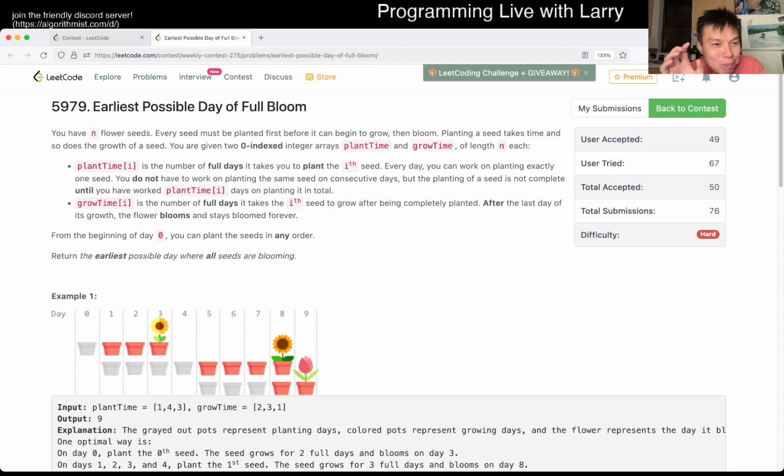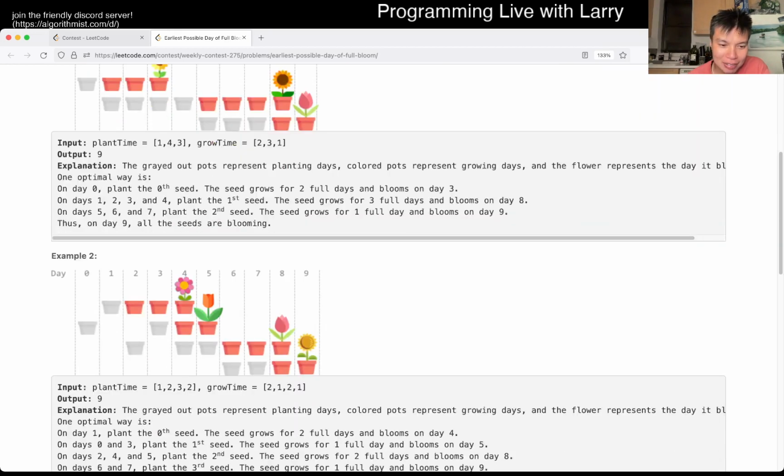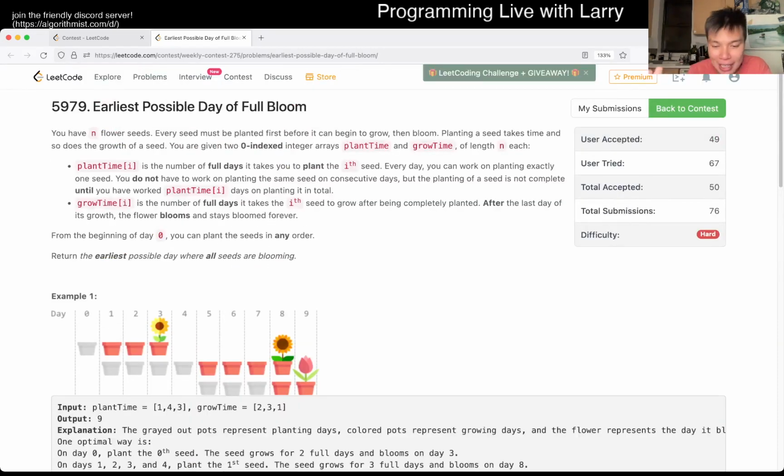But yeah, so this one, there is something called, what did I call it? I said it during the live feed, the exchange argument. That's what I was thinking of. And part of that is going to be greedy and sorting and so forth. The question is, but it is actually very simple in that there is some transitive property about this problem that